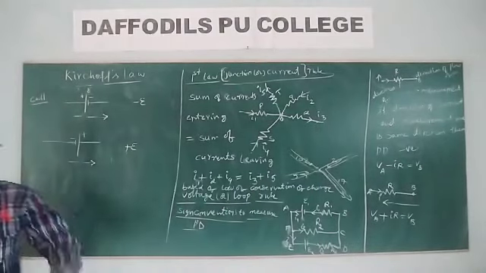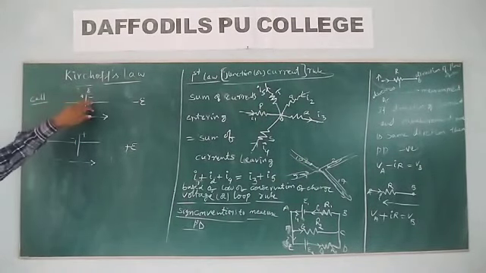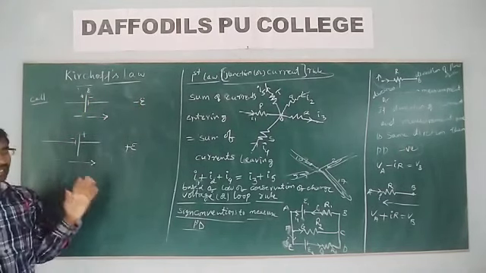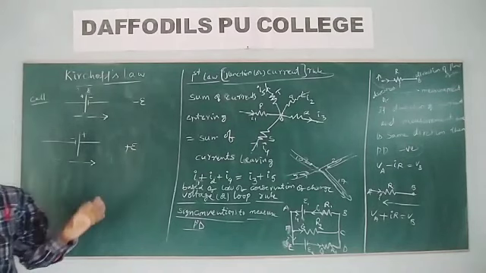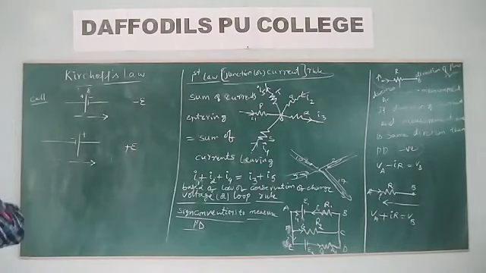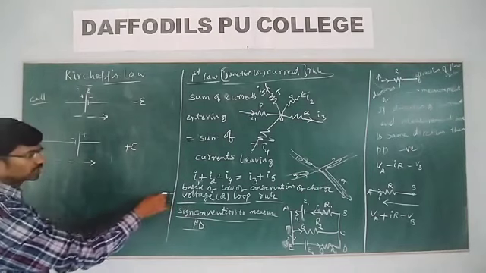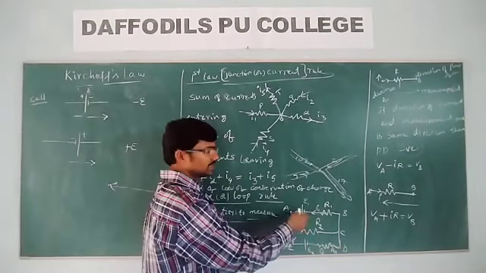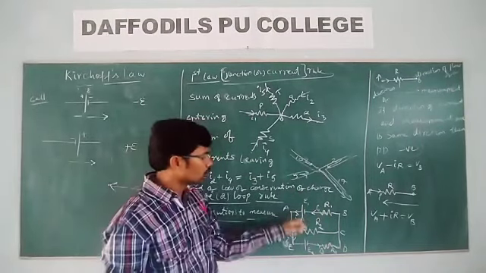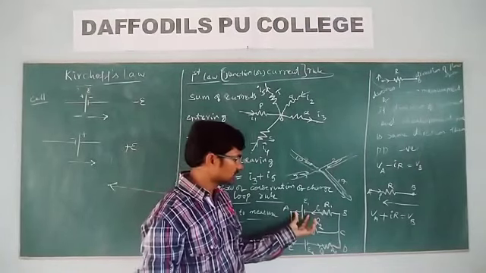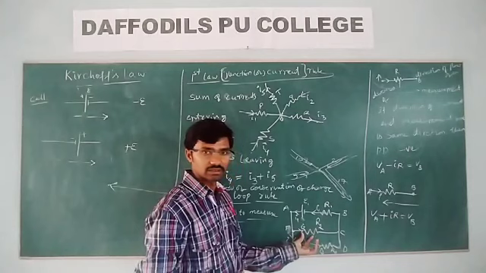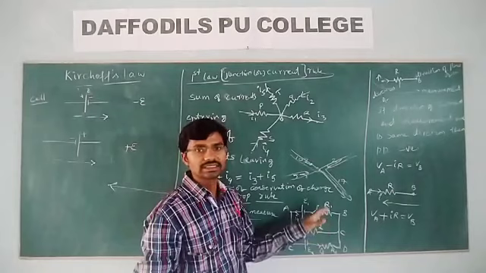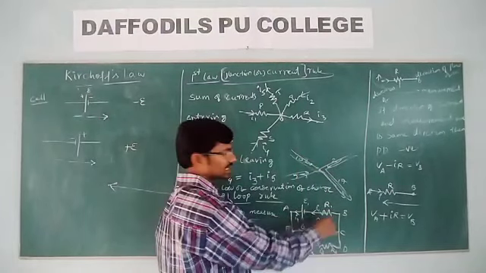For example, for a cell, when you move from positive to negative, EMF is negative. When you move from negative to positive, EMF is positive. These sign conventions we need to know. Thereafter, we can measure the potential difference for any closed loop. Now let me discuss what is the voltage rule or loop rule. According to the voltage rule, the algebraic sum of the changes in potential around a closed loop, involving cells and resistors, is equal to 0.